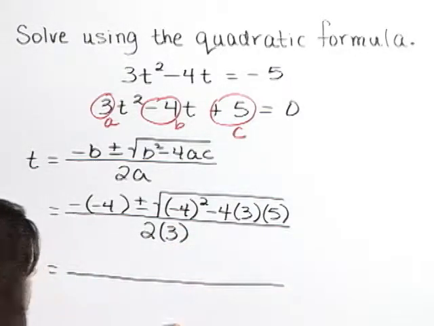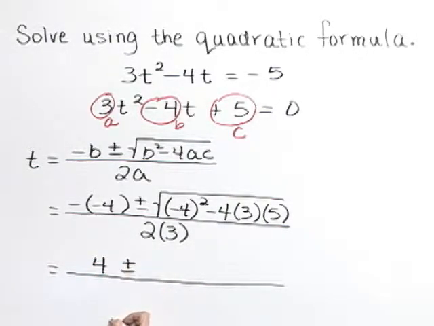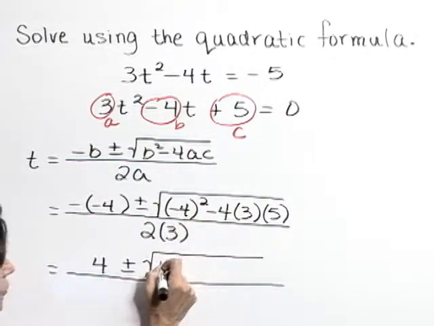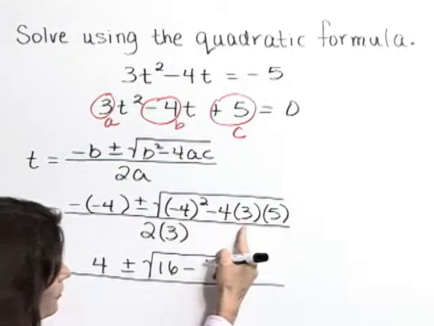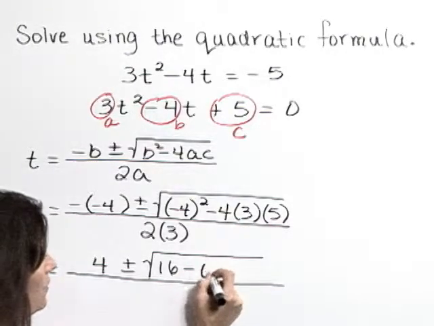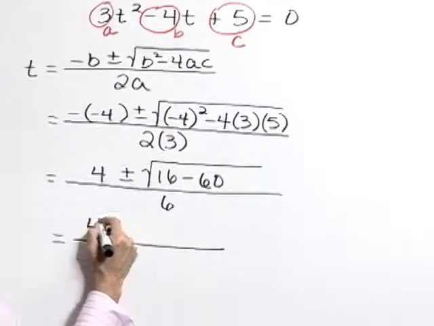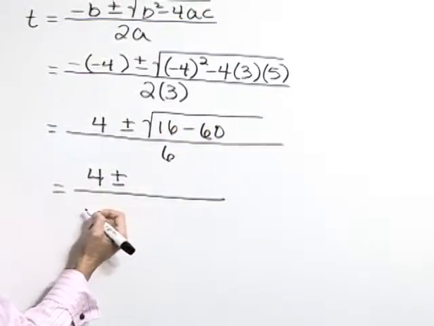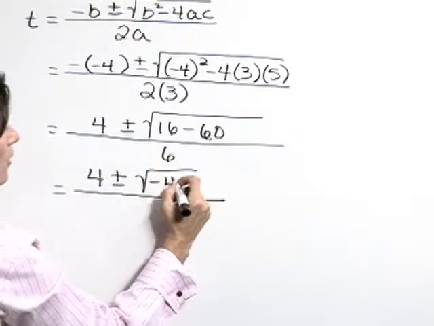Now let's simplify. Up front, the opposite of negative 4 is 4, plus or minus. Underneath our radical, negative 4 quantity squared is 16, minus 4 times 3 is 12, times 5 is 60, so this becomes 16 minus 60, all over 6. Continuing to simplify, this numerator becomes 4 plus or minus the square root of negative